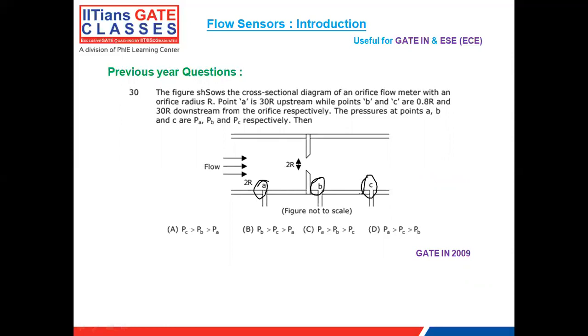When we study these things, you will know that initially the pressure was normal, and when it passes through some obstruction, the pressure becomes less. Then the pressure wants to resume, but there is some permanent pressure drop. If you compare points A and B, and A and C, the pressure used to be similar, but there is some pressure drop at this point. So A is greater than C: the pressure at A is greater than the pressure at C. This is one concept. If you know the concept, you can easily get a 1 or 2 mark question out of this.